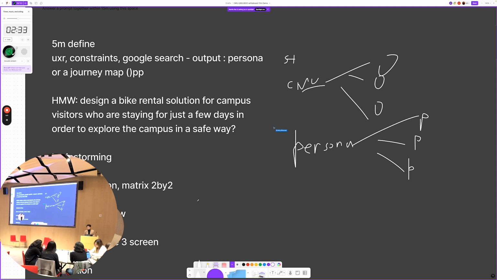So brainstorming, I want to show you guys this part really quickly. Go beyond thinking about apps. So first off, what I recommend you do is come up with 3 solutions that are just straight up never apps, right? Because an app is a cheap way out. So I actually want to come up with something like, what if this is just an installation, right? It's on campus. It's a physical thing I interact with. Wouldn't that be more natural to campus visitors, right? What are some landmarks in CMU that people would actually go to, right?